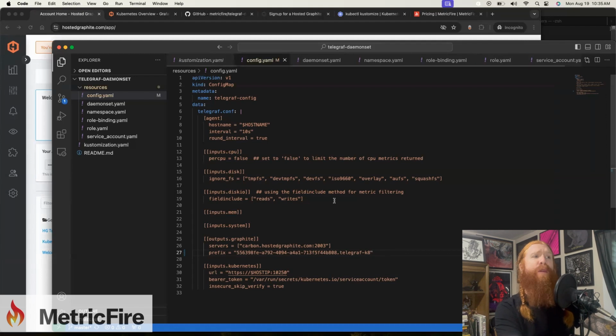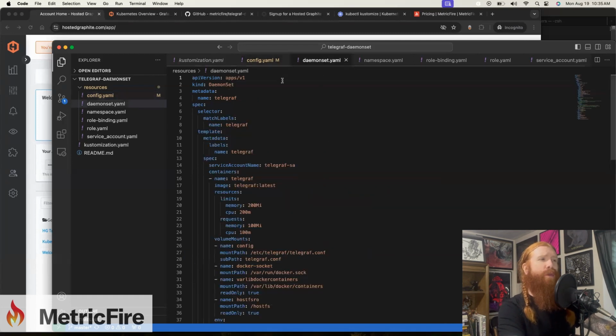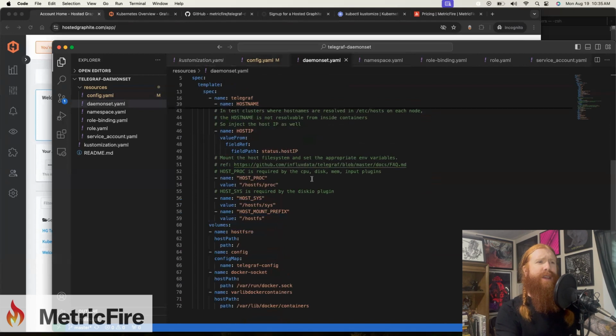Finally, you can see the Kubernetes plugins defined at the bottom here with the default URL and bearer token. This should work in most cases unless you have a custom token defined in your cluster, then you would just add that here. Okay, so next there's the DaemonSet.yaml file, which is a pretty standard template for a DaemonSet deployment,